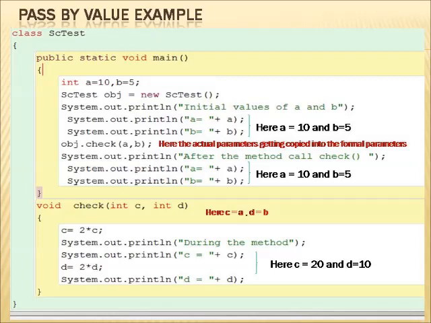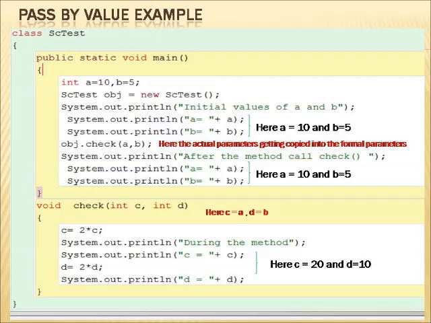You can see that when you print the value of c, it becomes 20 and d is equal to 10. So after the method call, we are again checking the value of a and b. Then also you can see that the value of a and b remains the same.